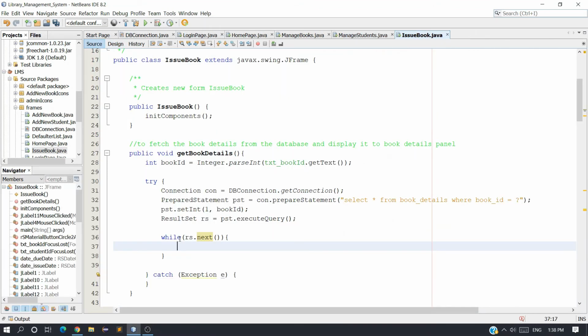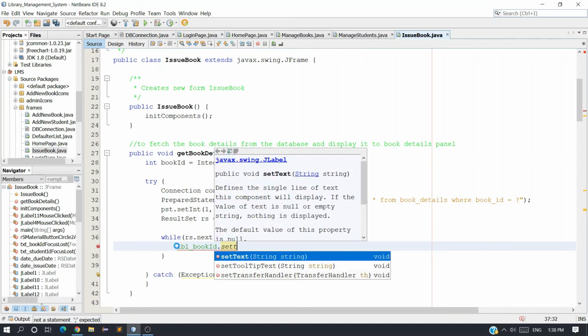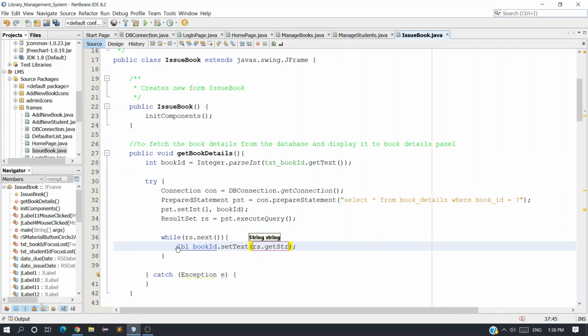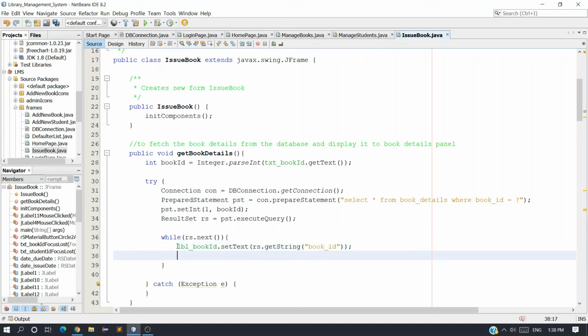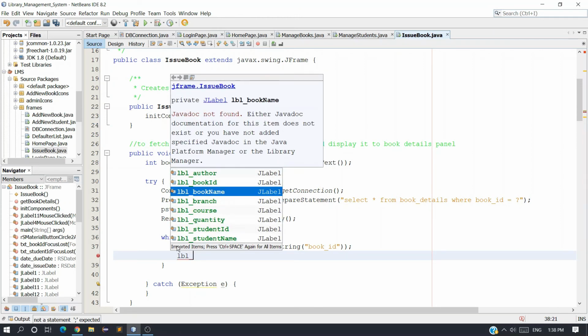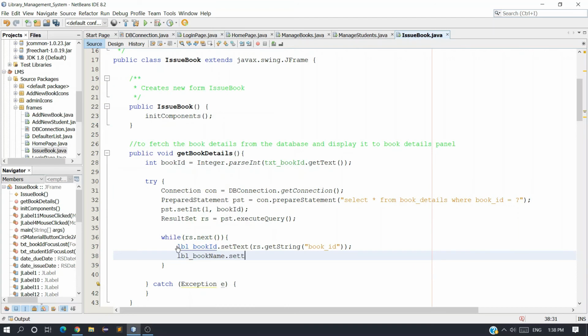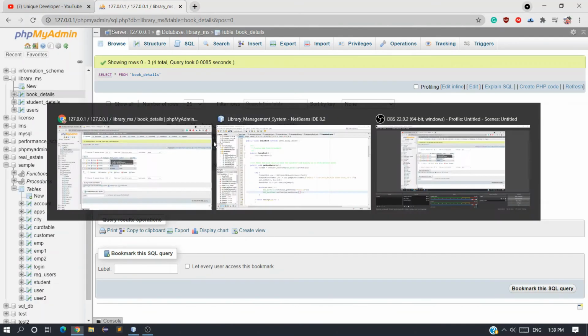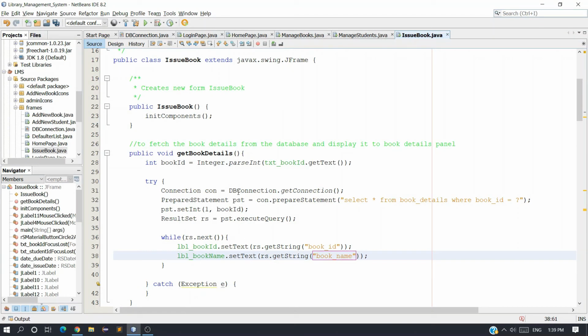So go to source and write lblBookId.setText, and get the value from the database. rs.getString, first one is book ID, which is book_id, and then lblBookName.setText rs.getString, and here what is the table column name? Book name, so book_name.